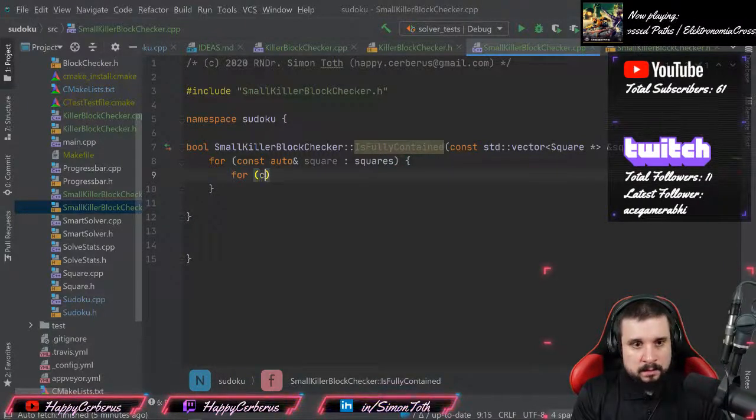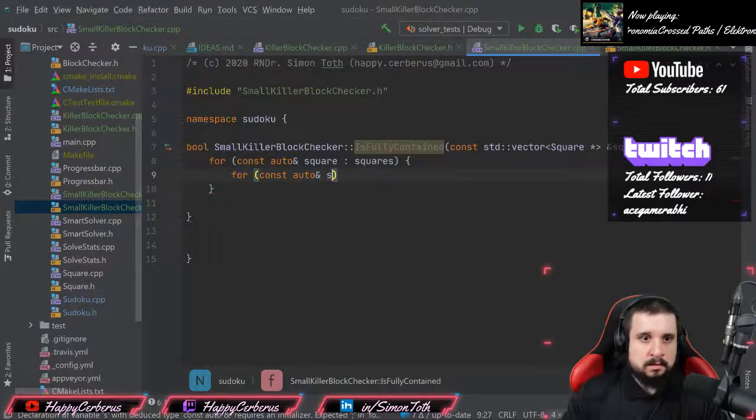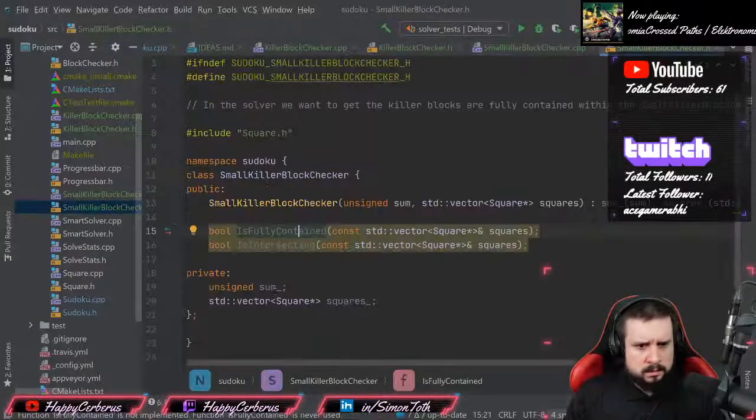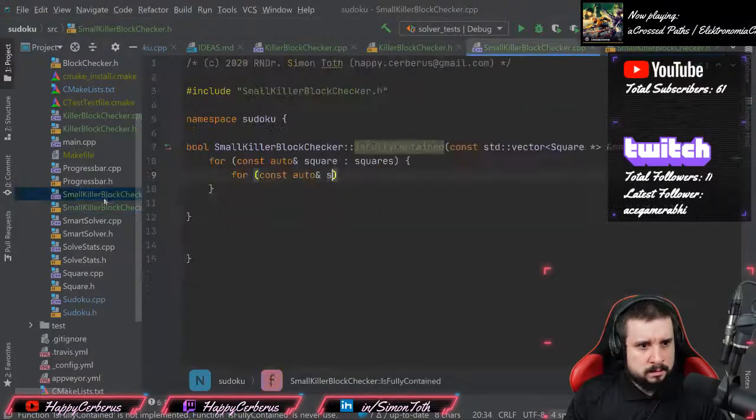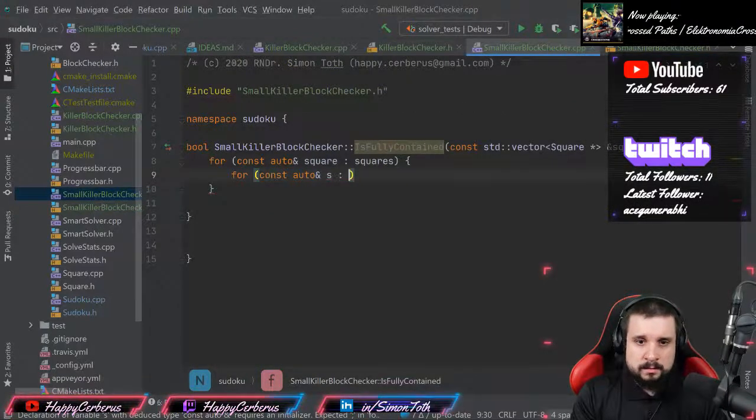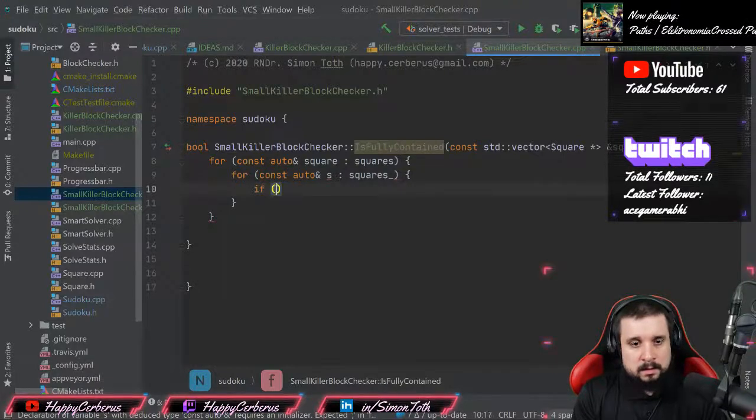So this will be a second loop over, what did I call it? Oh yeah, over the squares inside of this block. And if, oh yeah,